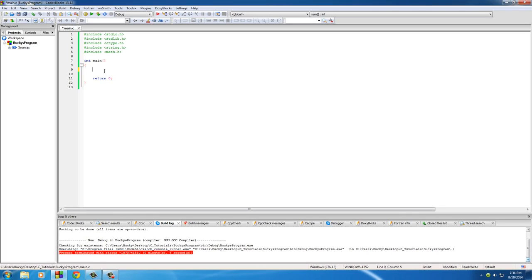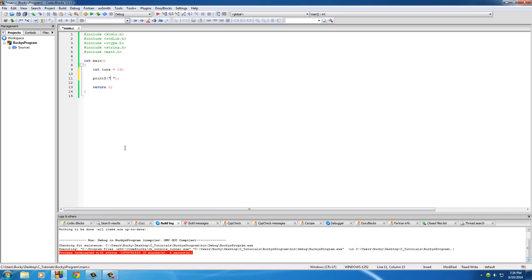So the first thing that we need to do is go ahead and create any old variable, make it an int variable, and set it equal to anything you want. I'm going to call mine tuna, going to set it equal to 19. So the first thing I'm going to display is how and where your computer actually stores this variable in its memory. So use printf,